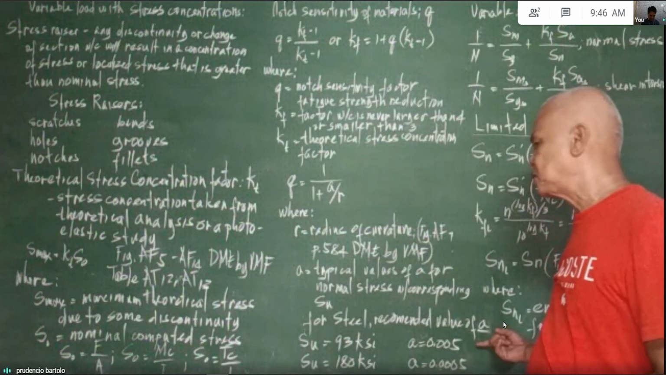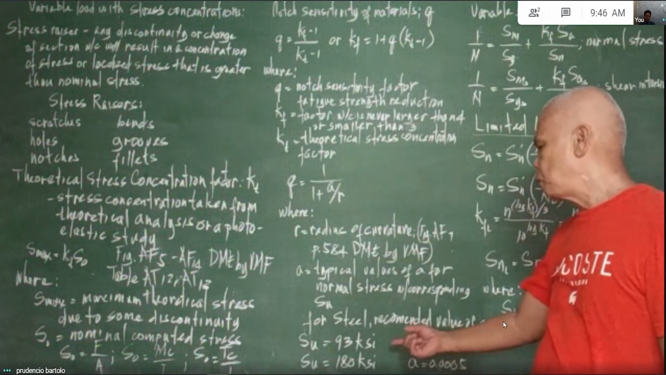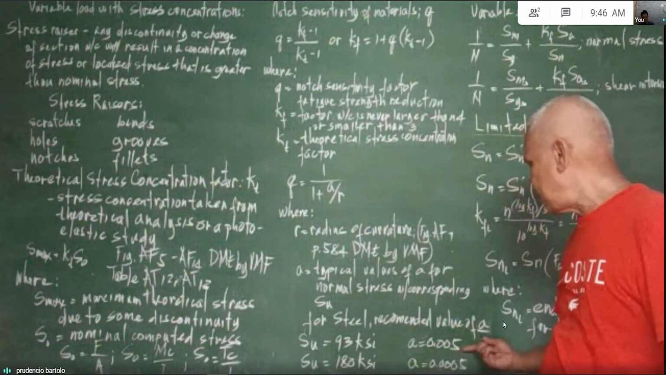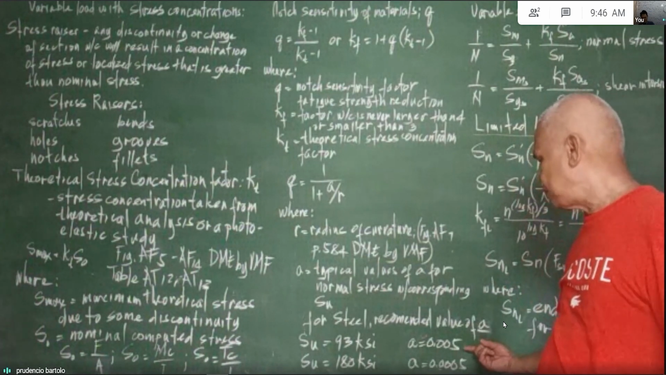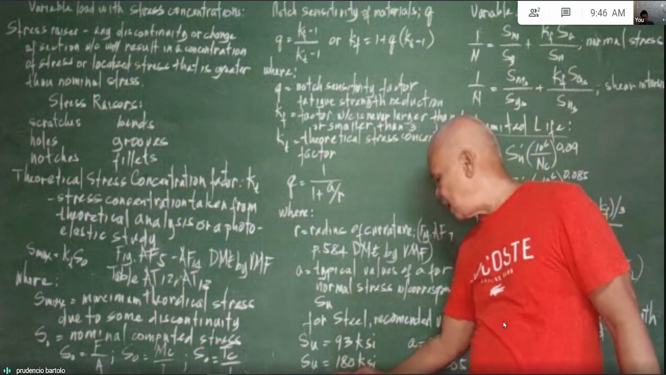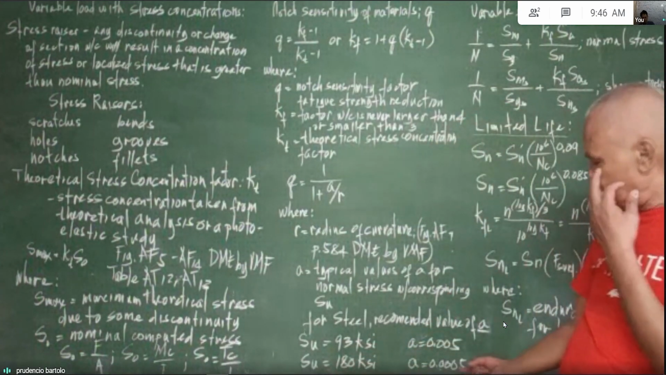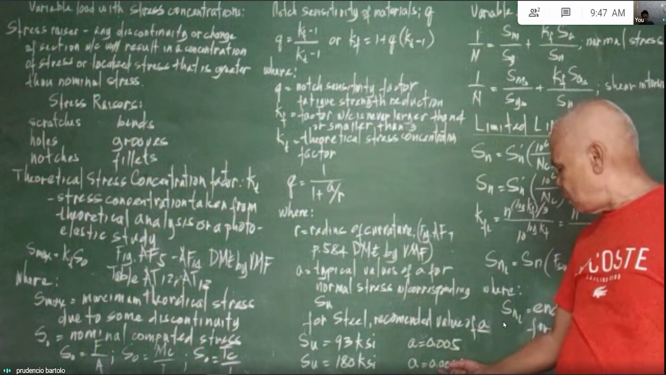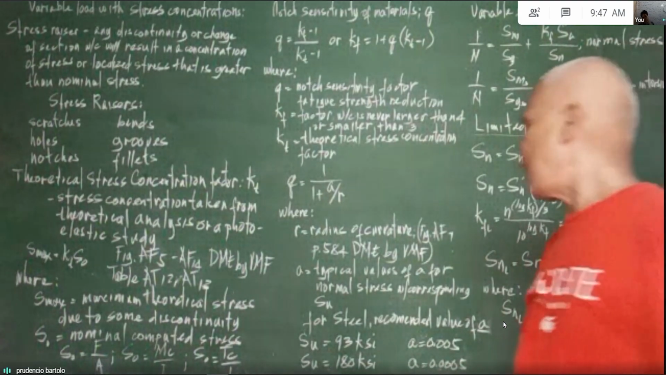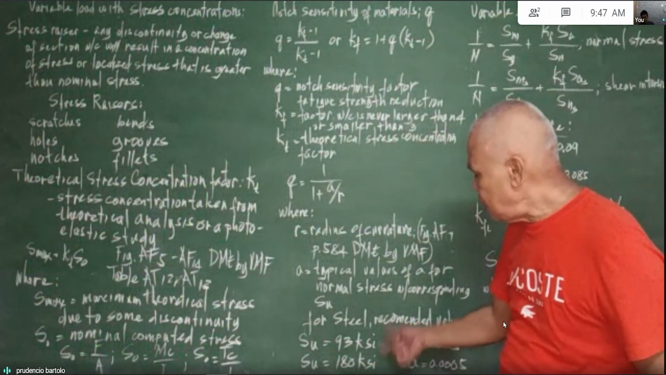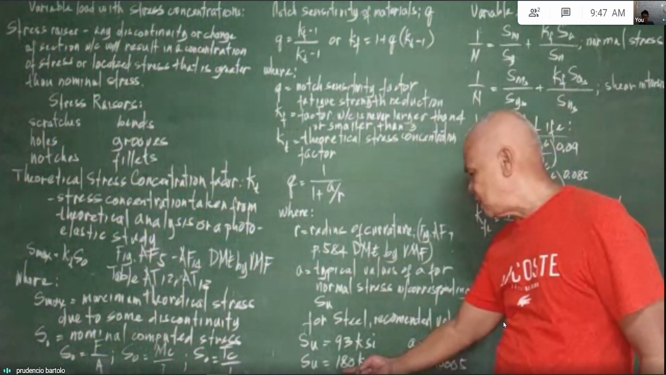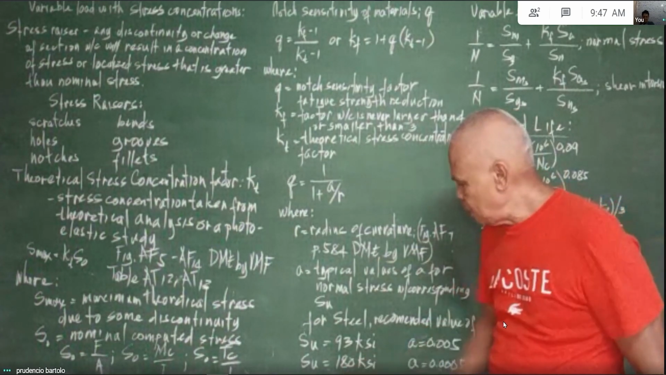The recommended values of a can be taken from an SU at 93 KSI with a corresponding value of a at 0.005. With SU at 180 KSI, the a will be equal to 0.0005. Now, if the ultimate strength is not 93 or 180,